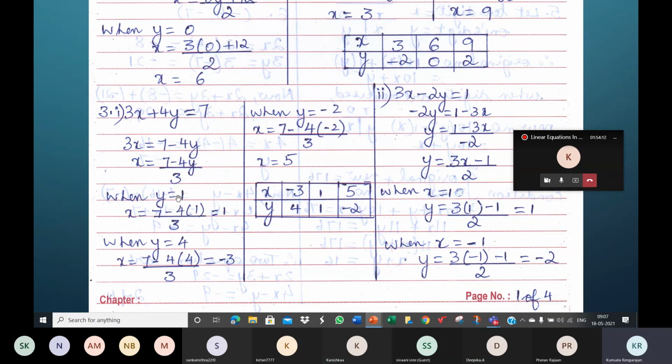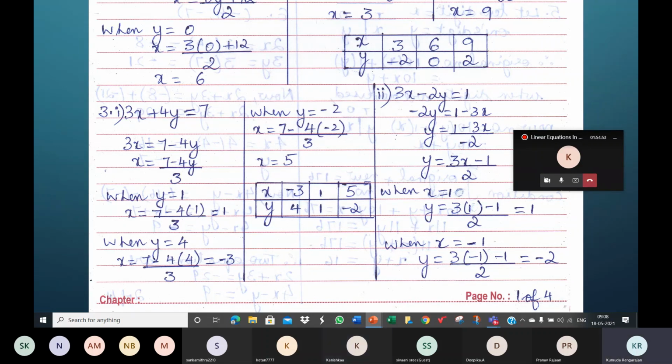You can if the denominator is 11, when the denominator is 11, and she's telling when the denominator is 11. When y is minus 1, so minus 4 minus 1 is plus 4. So 7 plus 4, 11 by 11, which is 1. So when y is minus 1, x is 1 is working. Correct, Kanishka? I think I got you. Yes, ma'am. Now after that, after y is equal to minus 1, you add how much to it? Add 11.